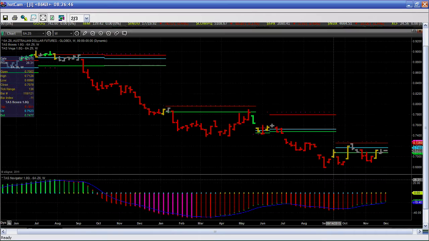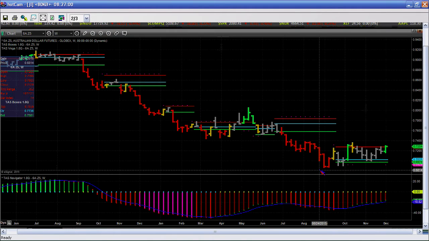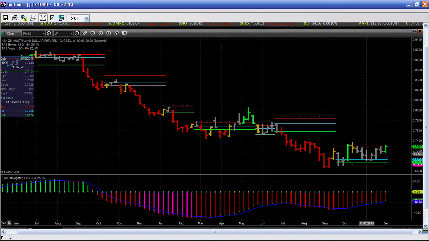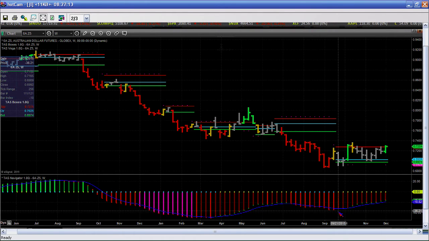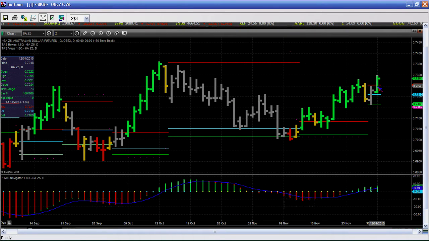You've also, is this right? No, I'm sorry. I'm doing the year 2016 here. Thought that looked odd. But as we look at this, you'll see the same price action. And looking back, some of these currency futures don't have a ton of volume. Might be a little bit handicapped here, but as you can see, the profiles are a little bit different on the weekly. That same divergence is there on Navigator. And right now, we came up to that profile, bounced off, and we're sitting at the top here. But the good news is we've got a breakout happening on the daily, just like we do on the daily on our spot.